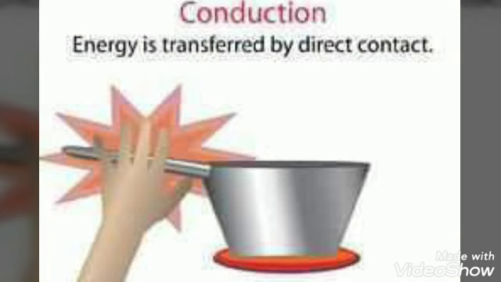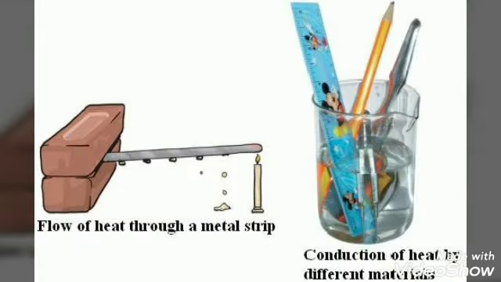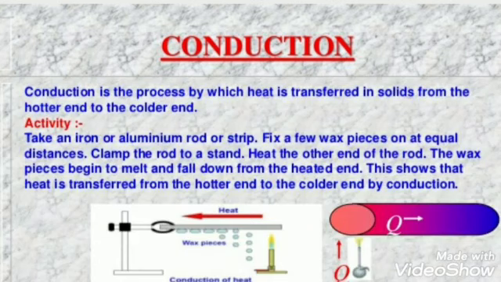In the next slide, there is an experiment where you are using a steel rod and a candle is placed at one end, and then you see melting of your wax. This is happening because the steel rod is getting heated by the process of your conduction, and the wax is melting. So we see this is a very popular experiment where your conduction is seen in your solids, where slowly one part of the wax is getting melted, and then second, then third, and so we can see that the heat is transferred from one end to the other.